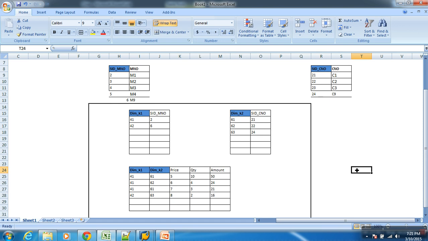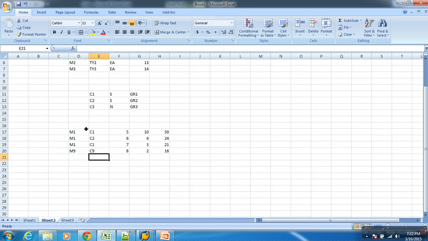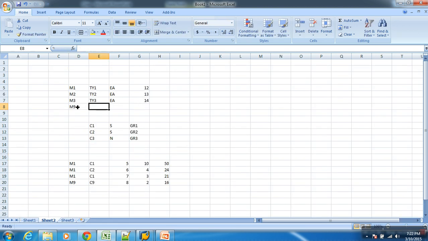So if you load your transaction data without master data, it explicitly inserts that characteristic value, generates an SID for it, and then based on that SID it generates a dimension in the dimension table and uses the dimension in the fact table. Now look at this. I have generated an SID for M9. Why? Because the SID is specific to this material number, not the attributes. Yes or no, boss? The SID relates to M9, not to the attributes. I don't have to know the attributes to get the SID out. The SID is based on the key, not on the attributes, boss. That's why by explicitly inserting material M9 it generates an SID.